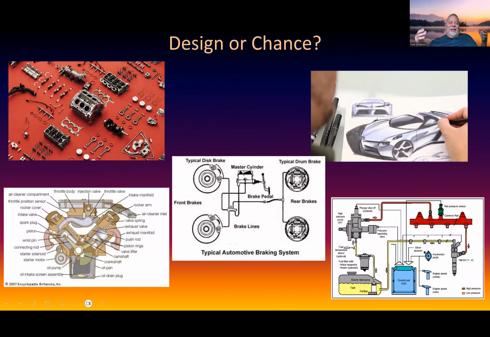Here's what I think of when I think of engineering a car. So here's a whole bunch of parts here. I think these are the parts to the engine. There's an engine block, and there's some pistons and some linkage things, and you've got seals and all that kind of stuff. You have all these different parts. And then, of course, you have an engine that's all put together.